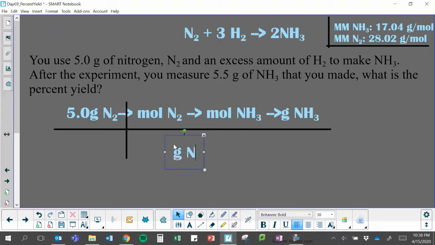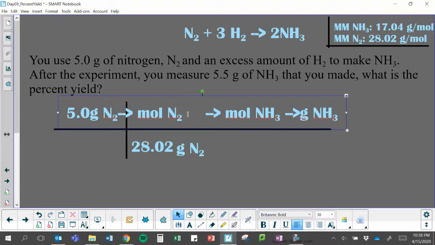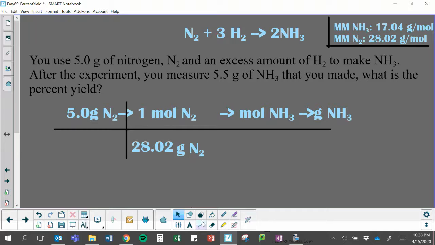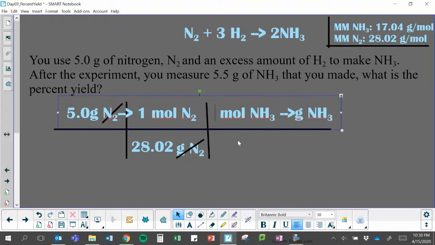So we have grams of N2 on the bottom, moles of N2 on the top so that our grams can cancel. And we'll put our number of 28.02. Give us a little more space. And then we put a 1 mole on the top. So now our grams of N2 cancel, and we're in moles of N2. So now we need to turn our moles of N2